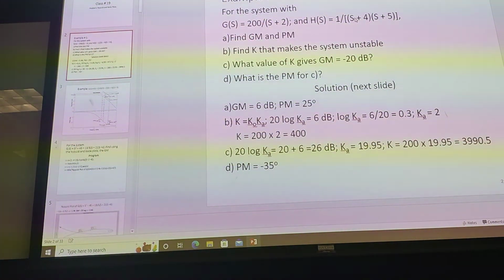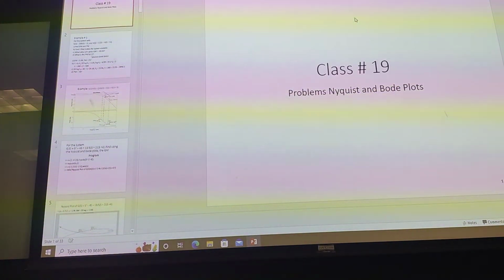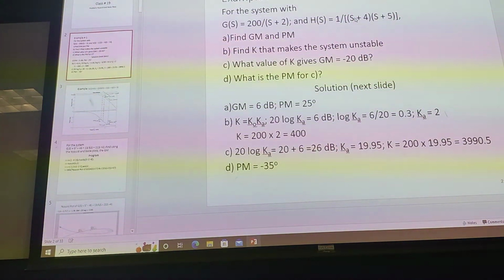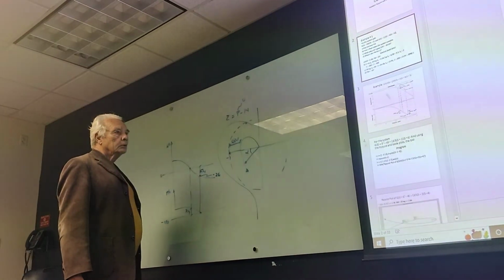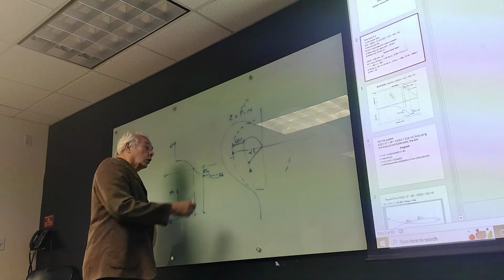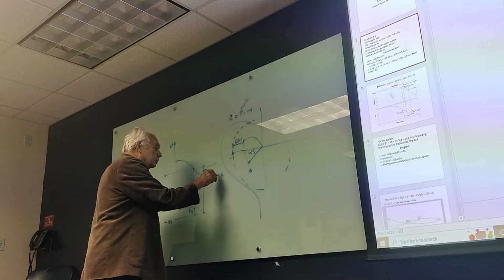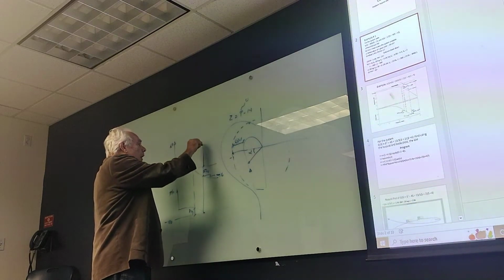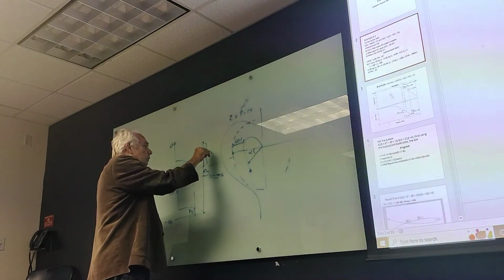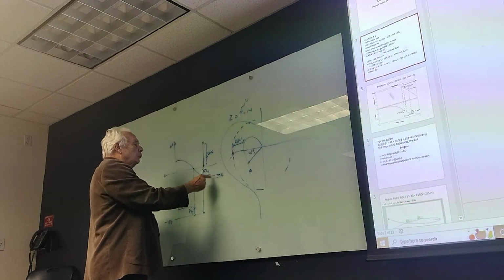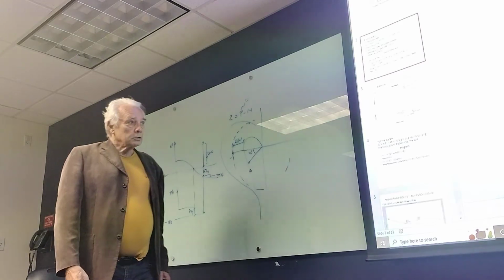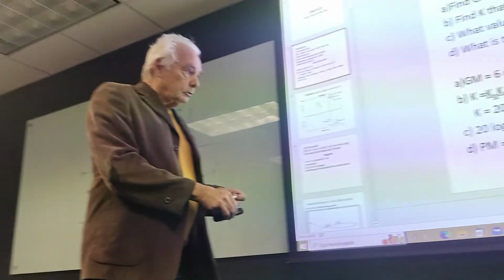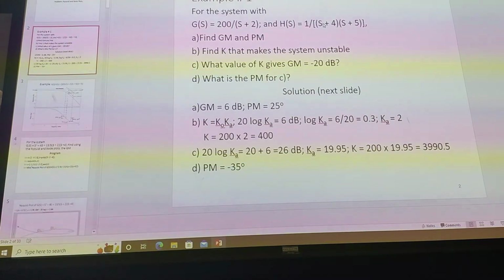So if I am at minus 6 here, and if I want to be at 20 plus, I have to move 26 up, okay? So I move 26 up,